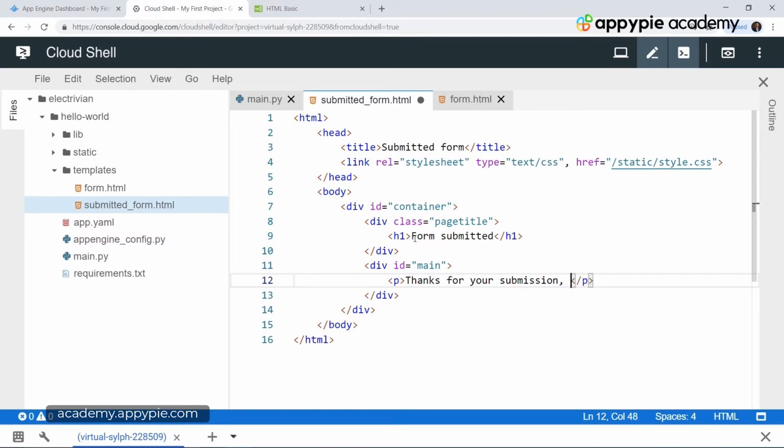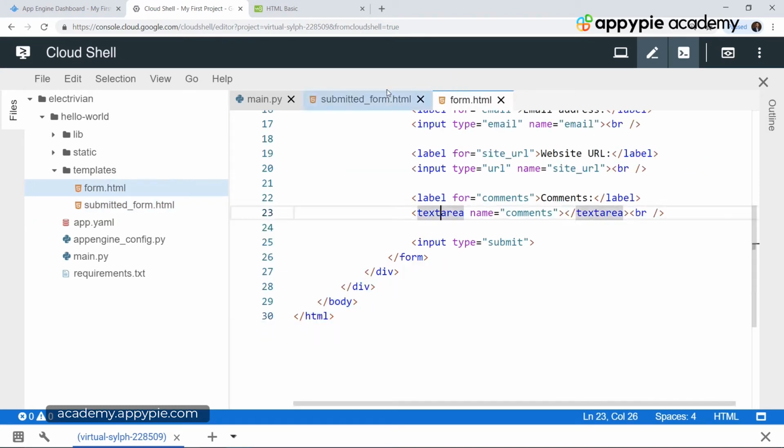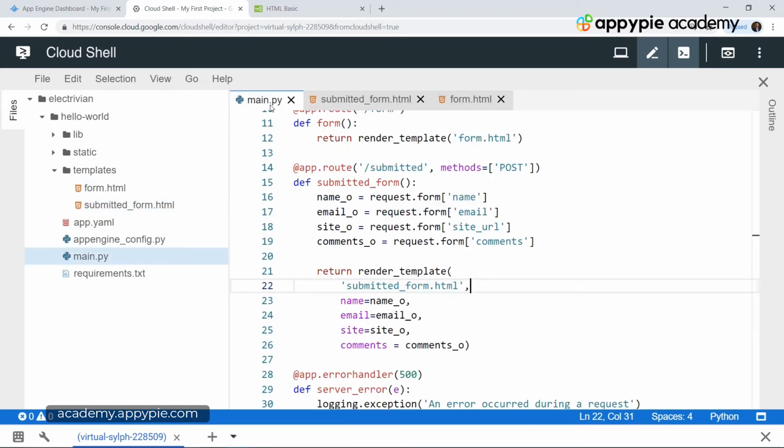Okay, and then after that, in order to add a personal touch, we would also like to include the user's name followed by an exclamation mark. So we have an exclamation mark over here, and before the exclamation mark we want to include the user's name. But the name is different each time, because the user can put any name on the form.html. So we want to refer to the variable called name, which we have assigned to this submitted form.html file.